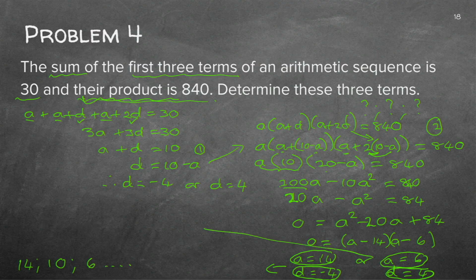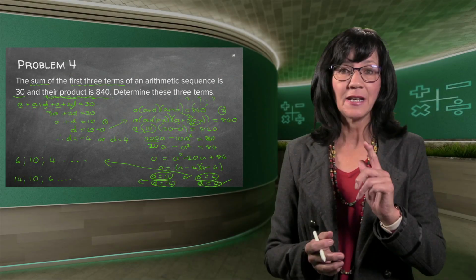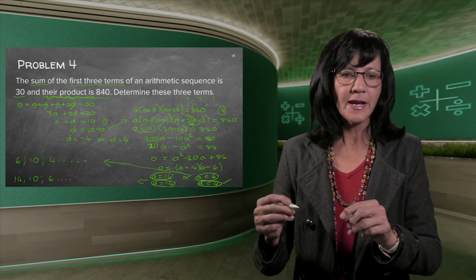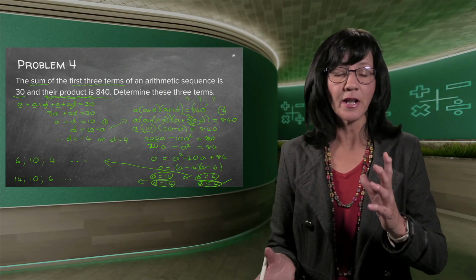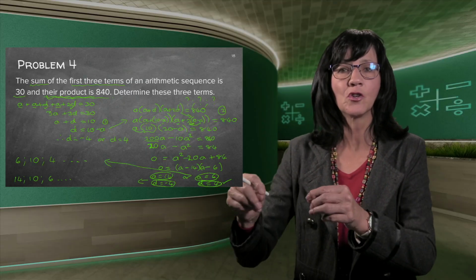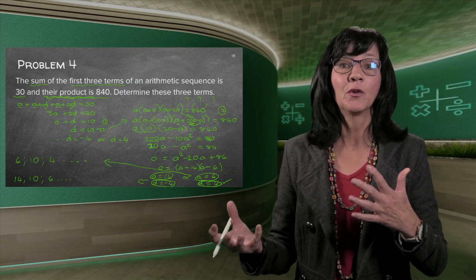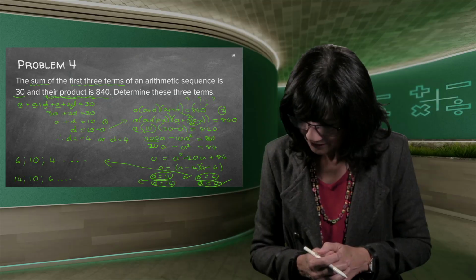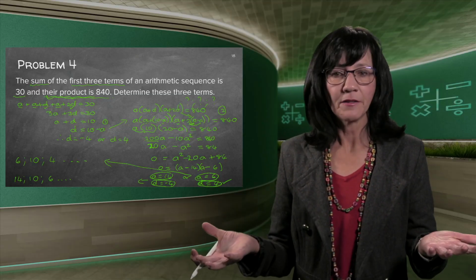I'm just going to make an arrow here. If I use that one, I start with 6. A is 6. Then my D is 4. So I'm adding 4. 6 plus 4 is 10. 10 plus 4 is 14. Now, it looks like the same thing, but it is definitely not, because the first sequence is a declining one, and the next one is inclining. Because the order of it differs, you cannot say it's the same sequence. But those are the two sequences, and there's nothing more difficult.